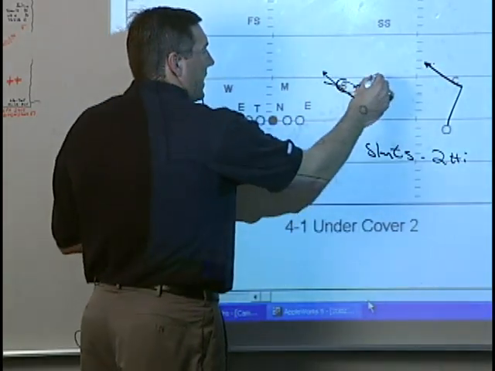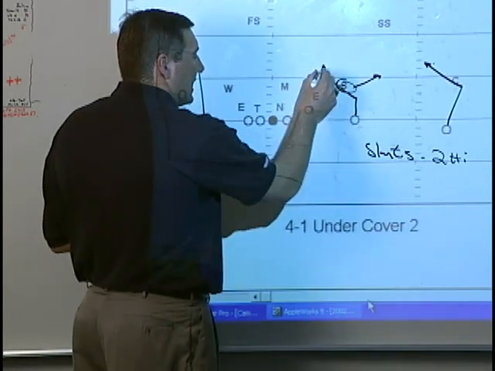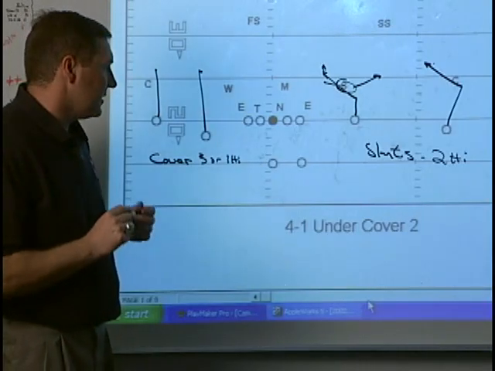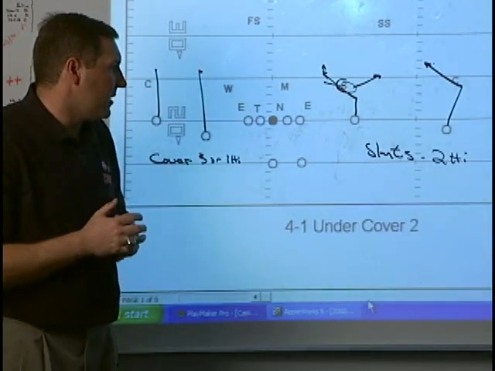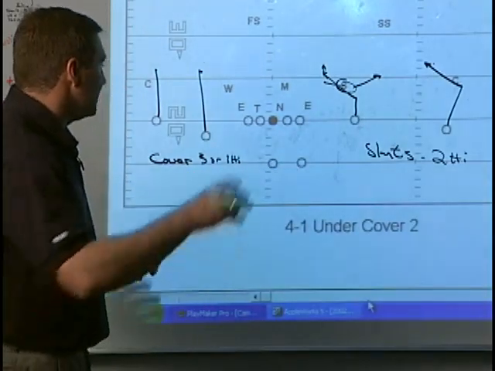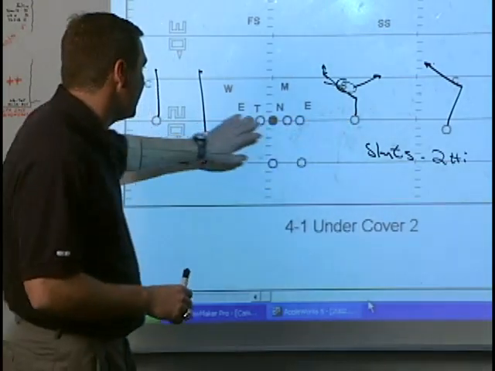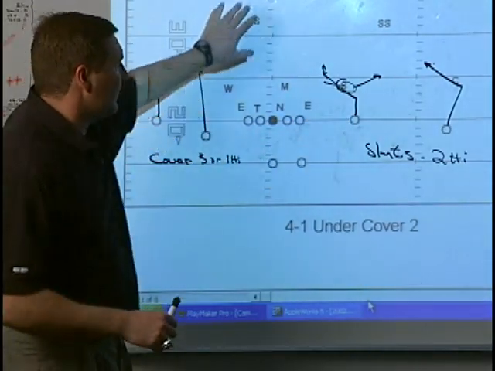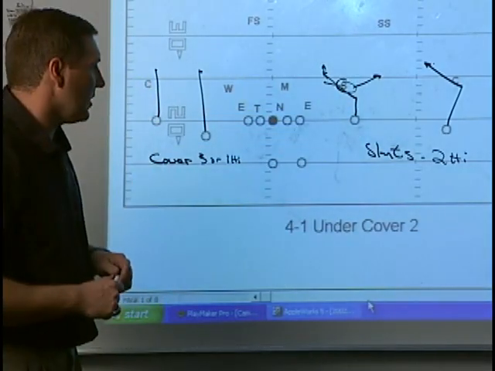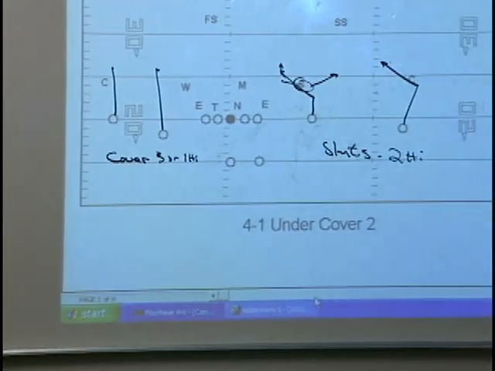If the Sam backer has widened off the inside slant, we would like to try to keep him as skinny as we can away from that Mike backer and throw the inside slant. So as our quarterback comes up, for example, a play call here could be slant hitch. Our quarterback comes up. He knows I have my slants to this side, my hitch to this side, and we have 2 high, so I am going to go to my 2 high beater, which are my slants. As we look, if the defense changes,